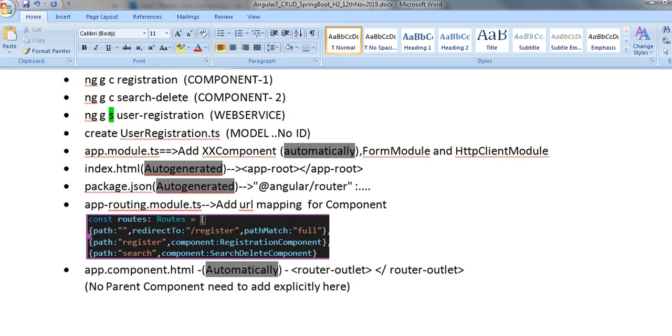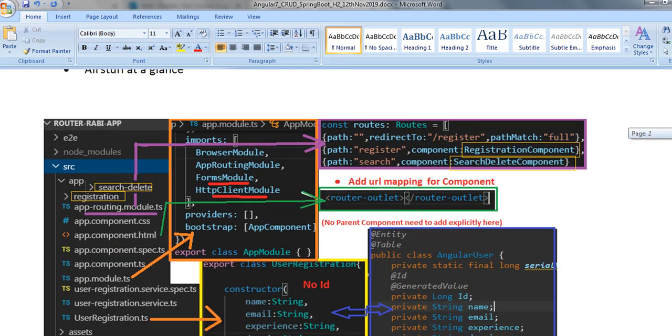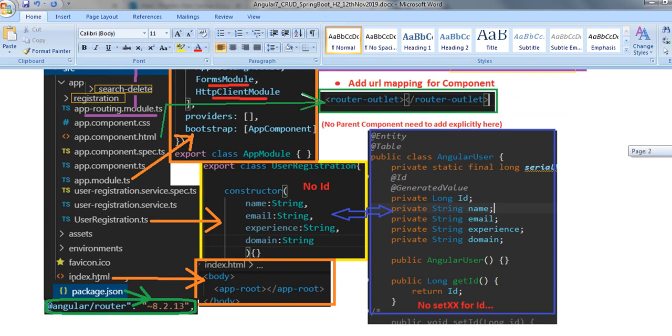In app.component.html, you will automatically find the router-outlet. So since it's a router application, we don't have to add the parent component or the child component. Okay, it's automatically mapped here. So this is the mapping in the routes. All the stuff at a glance. Okay, this is the register component, search component, and the app.module.ts. I have described the mapping of URL and component, and in app.module.ts the forms module and HTTP client module, and in the HTML itself the router-outlet, with no need to explicitly add a parent component, and